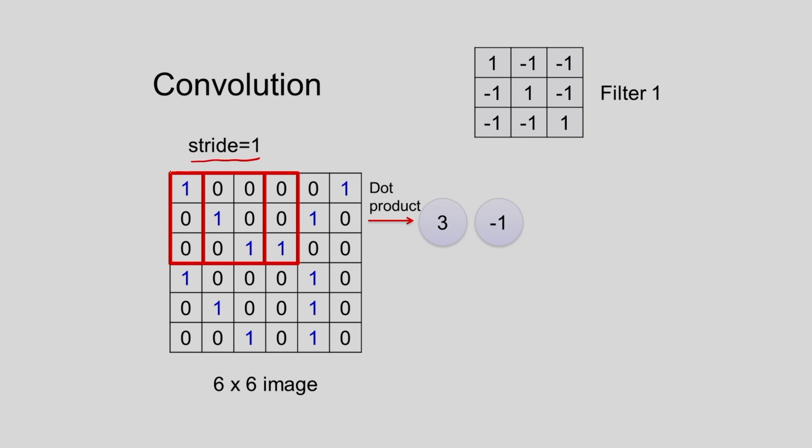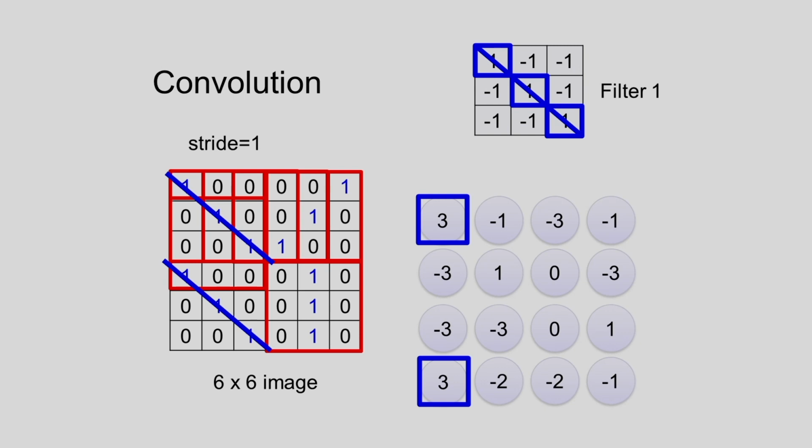If I consider the first position of the filter here, and the second position of the filter here, in the second position the filter is moved by only 1 pixel. That is why it is called stride 1. If I consider stride 2, that means the filter is moved by 2 pixels. If I consider a higher value of the stride, then I can reduce the size of the feature map, and corresponding to stride 1, I am getting the feature map something like this.